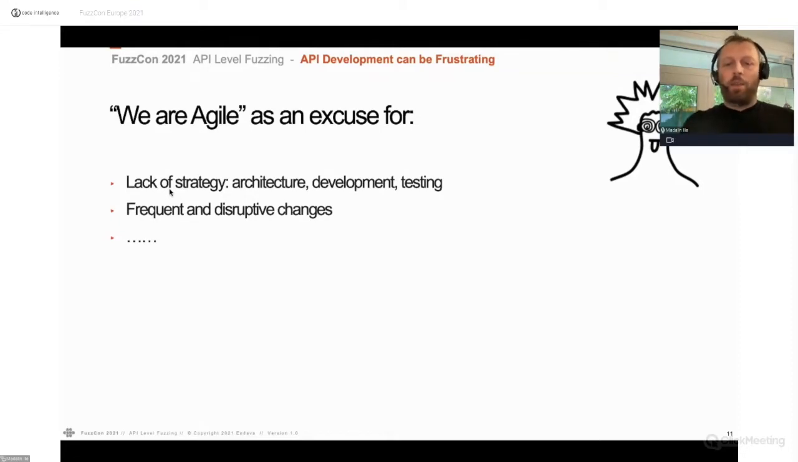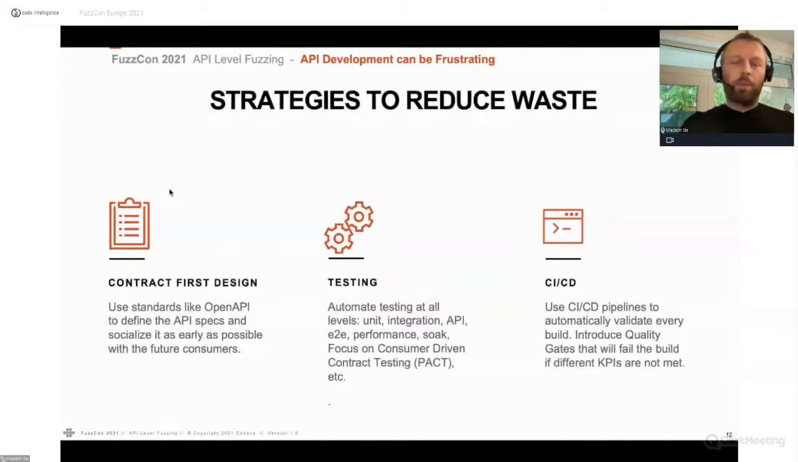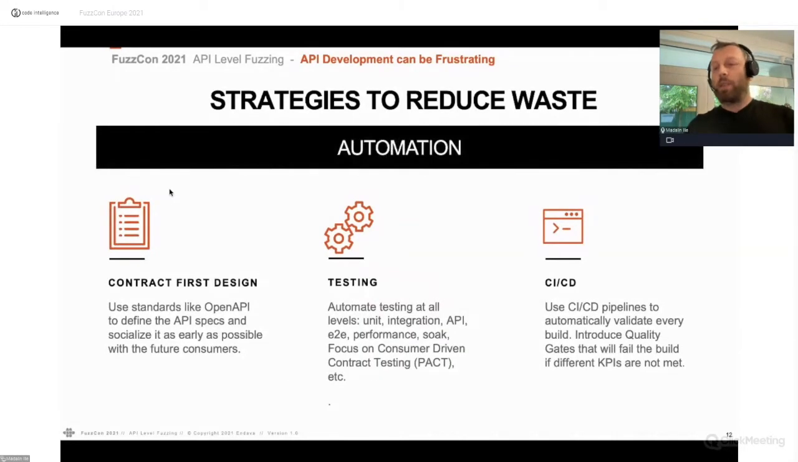So this usually leads to even more pressure on people. Now, there are, of course, ways to reduce this waste. It's like you have this automation umbrella that is like a mantra for you. So we have continuous integration, continuous delivery pipelines, which will include a lot of quality gates to make sure